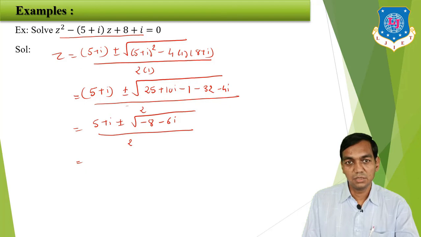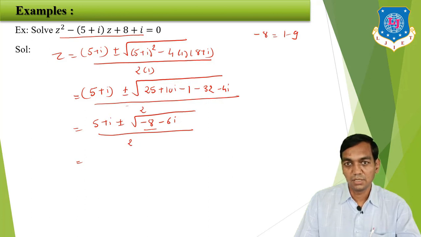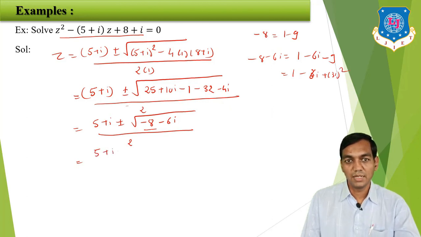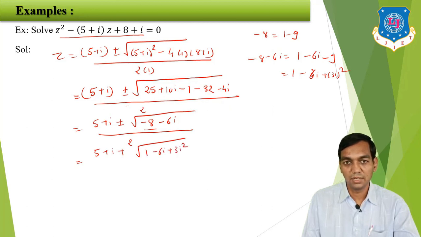And how to adjust the terms? You have to write this as a difference of whole squares such that the middle term is adjusted out. So minus 8 we are going to write as 1 minus 9. That means 1 square minus 3 square. So minus 8 minus 6i will be 1 minus 6i minus 9. So that is basically 1 minus 6i plus 3i the whole square. Done? So we are going to write this as under root of 1 minus 6i plus 3i the whole square